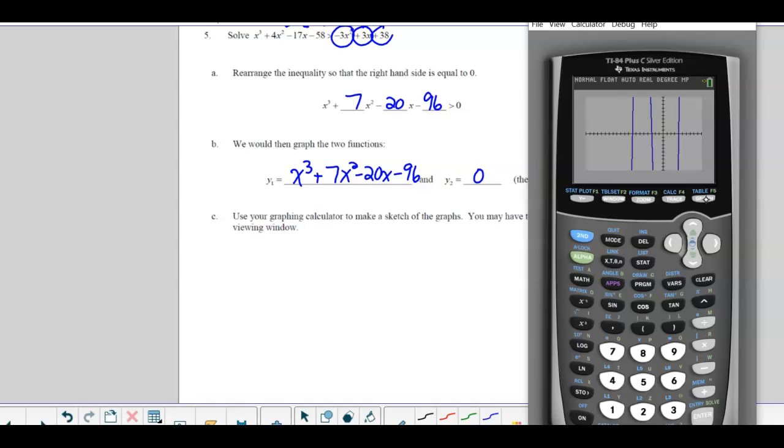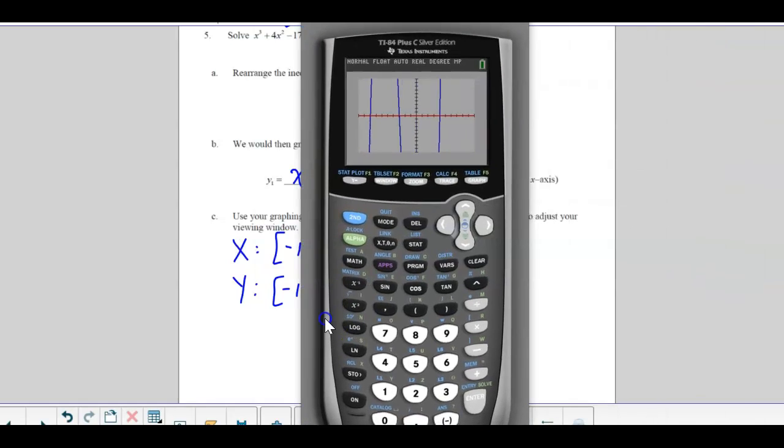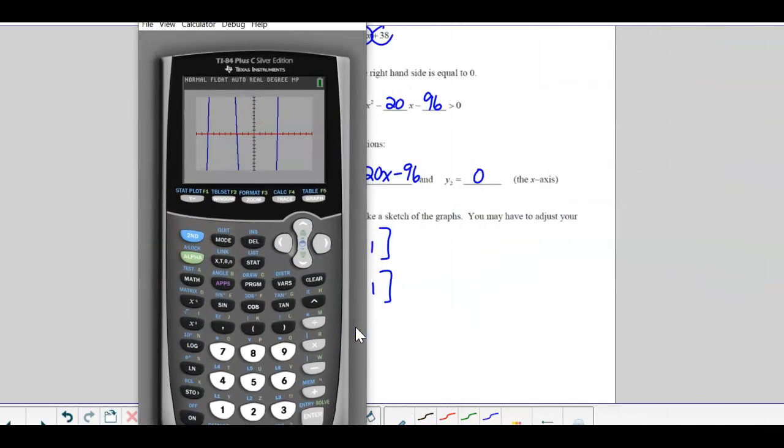And then you see 3. Okay. So the standard worked, but let's say you didn't change it back to standard or something like that. In any case, our window that worked initially was our standard screen. So I'm going to go x-min is negative 10 to 10, 1. Y, negative 10 to 10, 1. Okay. And then when I graph this,